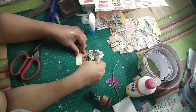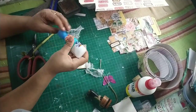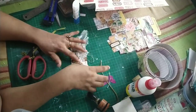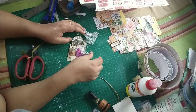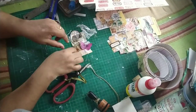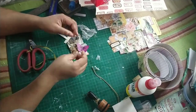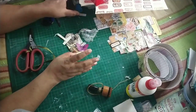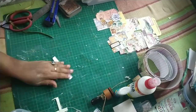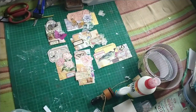I usually put a label, either a floral element, some butterfly, or a bird. But floral elements are my favorite, honestly, because I work mostly on floral journals. So whenever I'm creating something with floral elements, I know that they're going to be used up quickly. So this butterfly is from my porch print, and again, I'm using that tiny red label bunch that I got, and the labels are good. They print out very nicely, very clear. But I'm so sad that they often get cut off at the bottom or at the top, and I even try to fix that, but with no